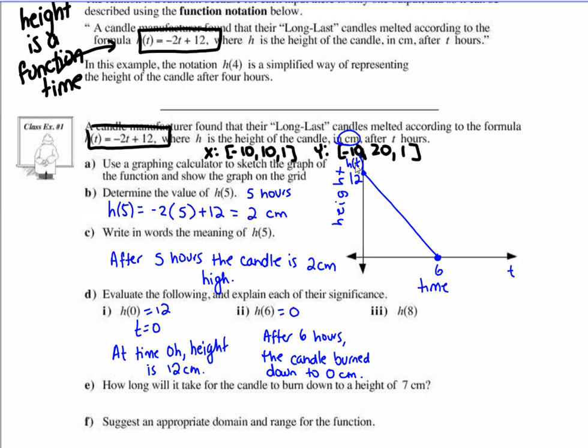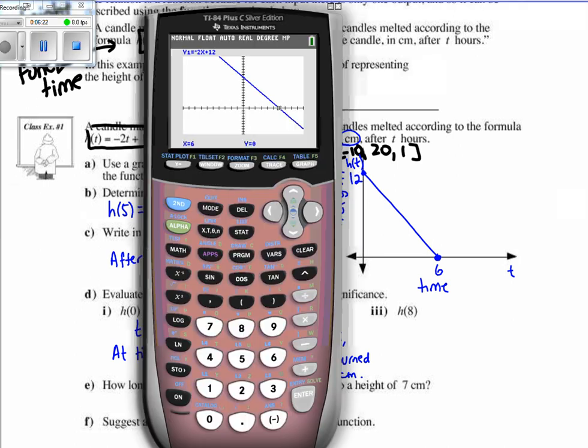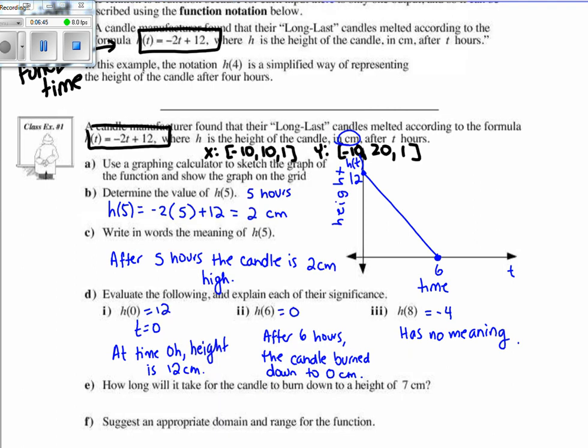Okay? And H of 8, so let's go trace 8, enter. Well, that gives you -4. So does that actually make sense? If that is -4, in terms of this function, it has no meaning, because after 6, the function doesn't exist anymore. So that has no meaning in terms of this equation or this function that we're dealing with because of the